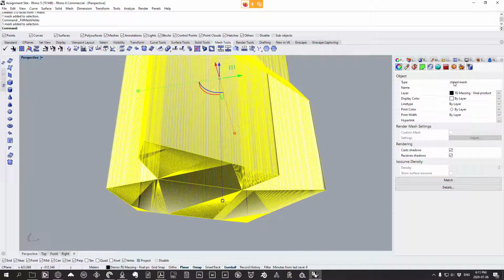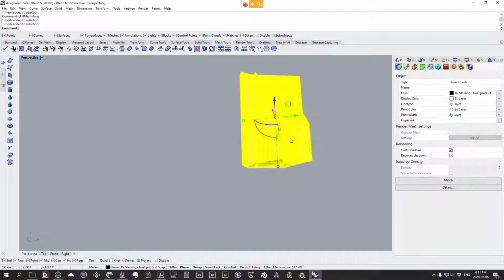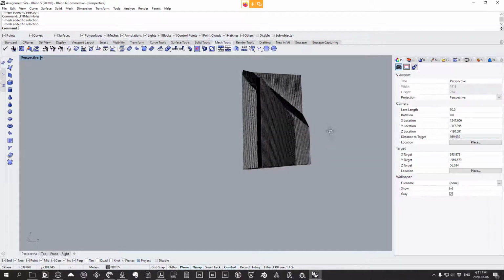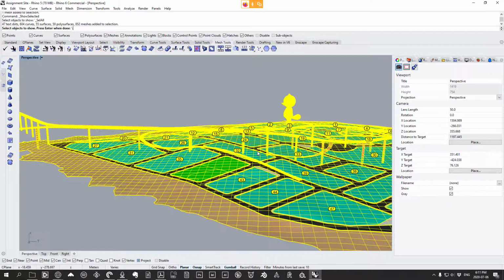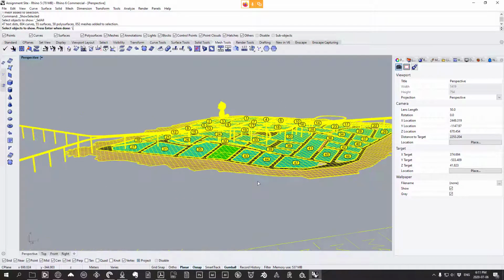So you want to make sure that your mesh says closed mesh. When you select it here and go to properties, you'll see closed mesh right there. So just start this class with your closed mesh, and then following that, I'm going to unhide all of the site just because,